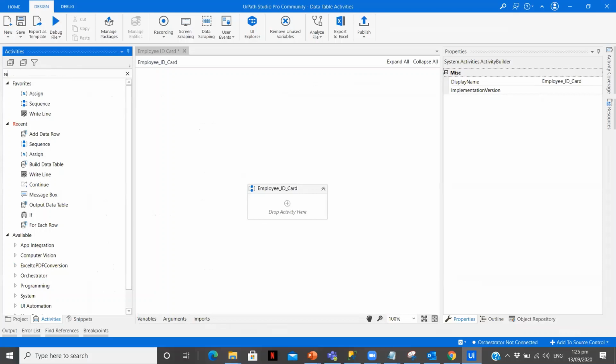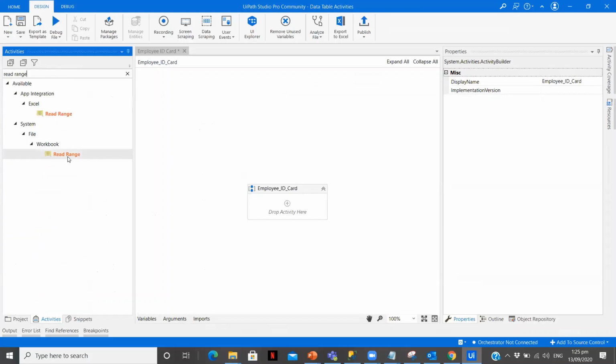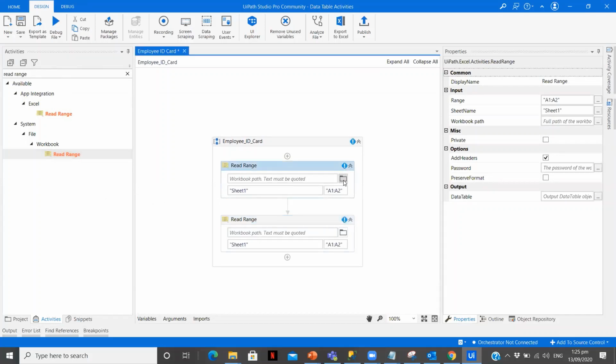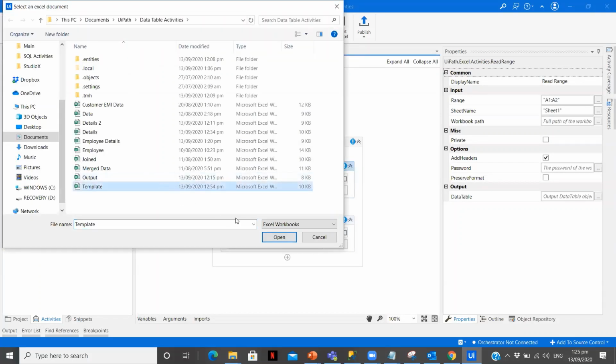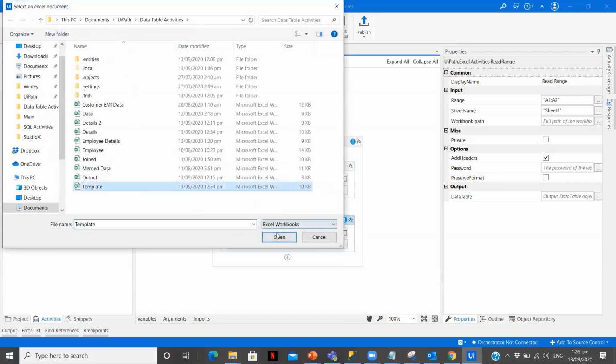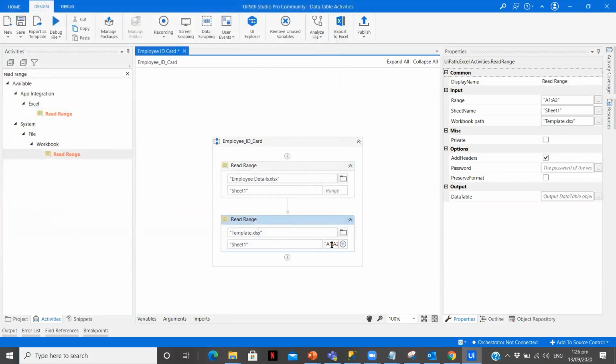So for that, first I need to read my two tables that I have. So this is the first to read the data file and this is the second to read the employee file, indicating it. Okay, employee details, changing it, and the template over here.